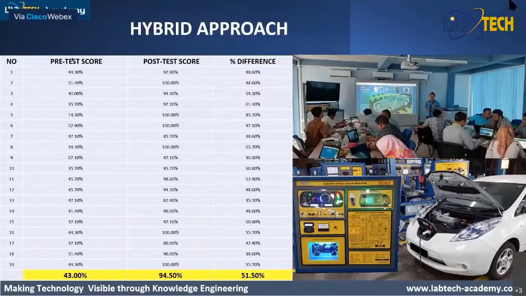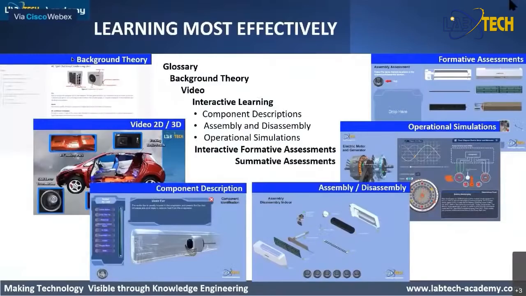They profiled and selected 19 champion teachers, right? So that we actually pre-tested them, 43%. After they went through and did the online and the hands-on, post-test score 94.5%. This was in autotronics. Average increase of 51.5%. So let's look at another approach here, and that is what makes it most effective, virtual TVET, and what are